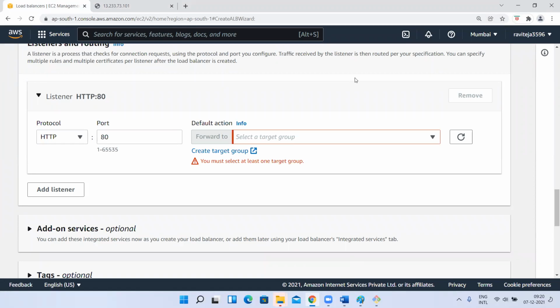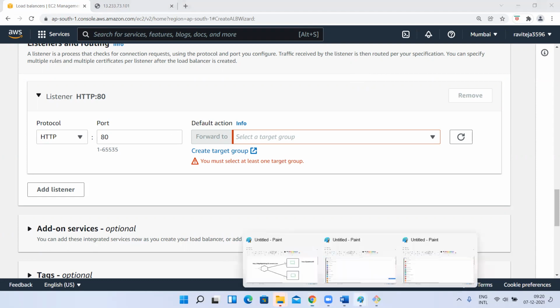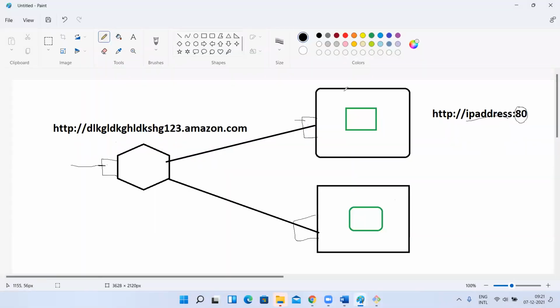Now, to access the load balancer: the load balancer is nothing but like an instance only. Just like we have an EC2 instance, it is also one instance. It will get a public IP address, private IP address and all. It needs a security group, everything, but you don't have volume and all. The purpose of this is just to take the load and balance the load, route the load to different instances.